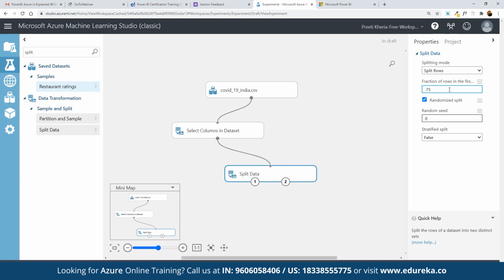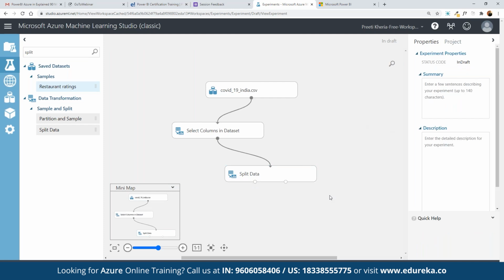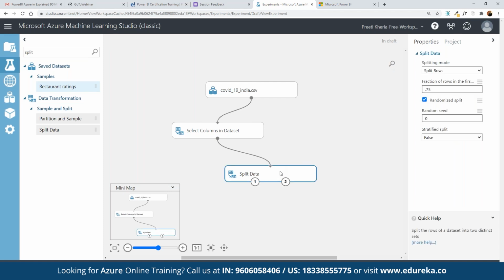If you want to make a selection in terms of 50% or 75%, generally we keep it to 75%, so we have a good amount of data that you can use for the training purpose. And if you want to randomize splits, we can simply click on randomize splits, or we can keep it to just one. So now we have defined how data is going to be split into 75 and 25%, with 75% for the first component.